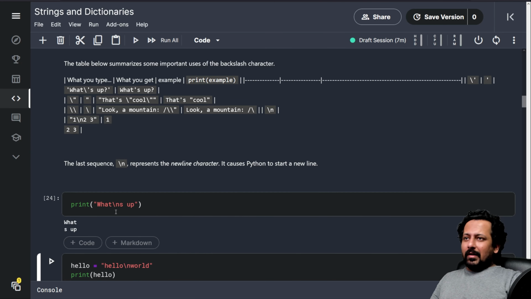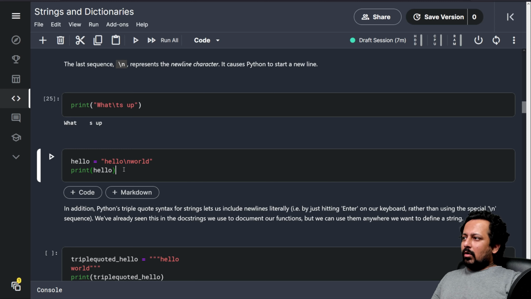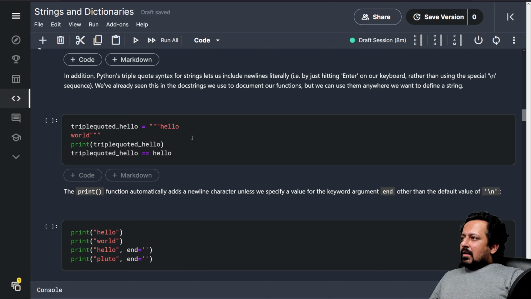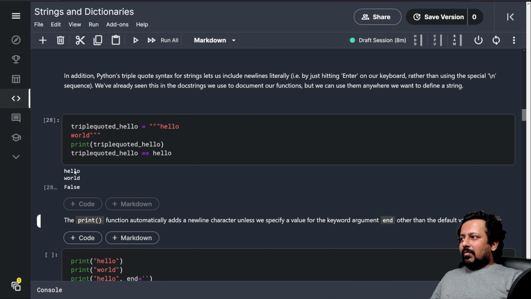So like they added slash n to a string hello world, and now it's two different strings. So if I add a space here, there will be a space in the beginning. Okay, the triple quoted hello, I have already mentioned this before. So now you have hello world, two different lines, and here I have already changed it. So now this string here and this one here is the same. That's why you have the true.